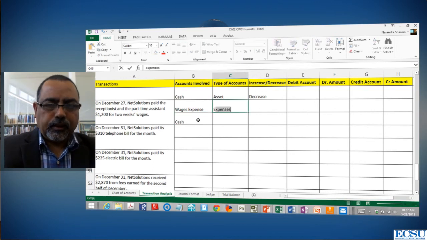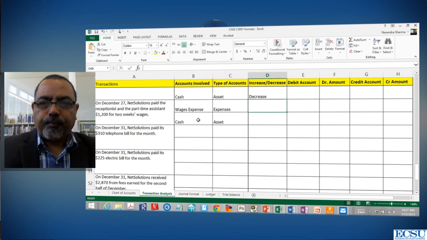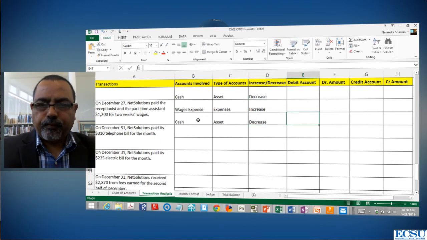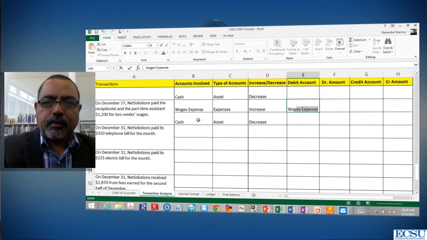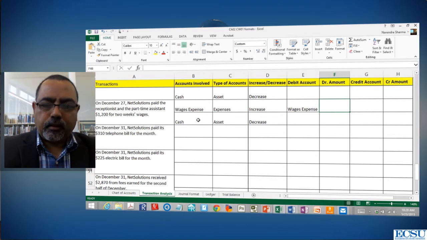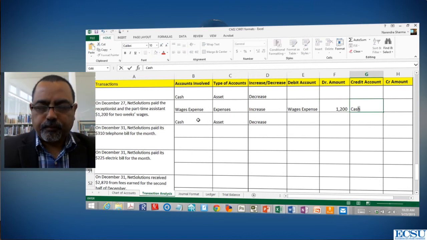Wages expense is an expense account, cash is an asset account, and wages expense is increasing, cash is decreasing. So wages expense is increasing, therefore it should be debit because that's the rule, and the cash account is an asset, it should be credit. The amount will be 1,200, so cash would be credit